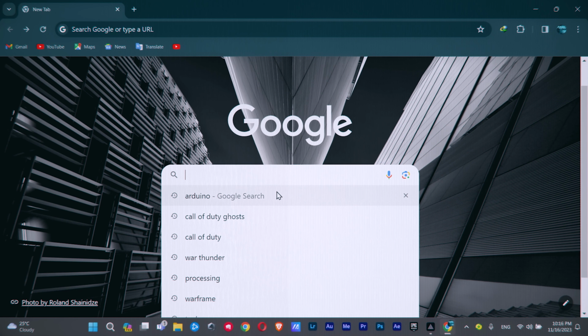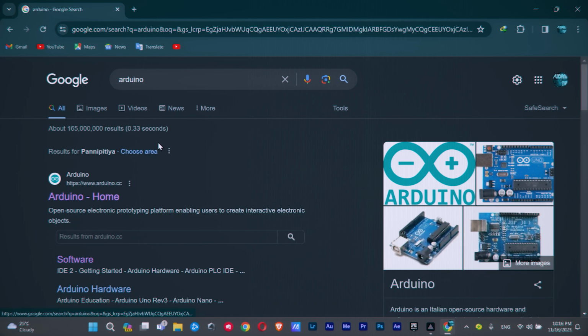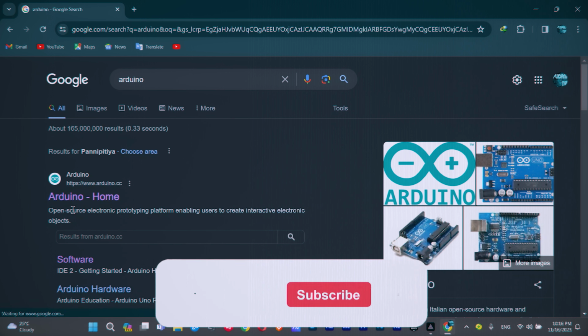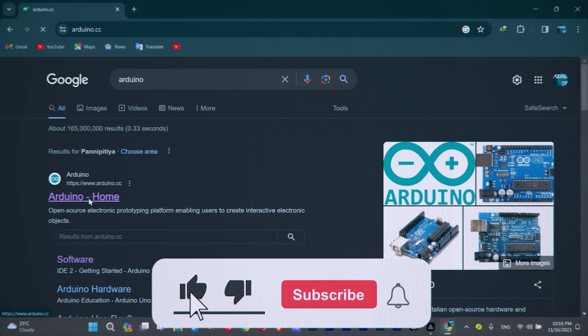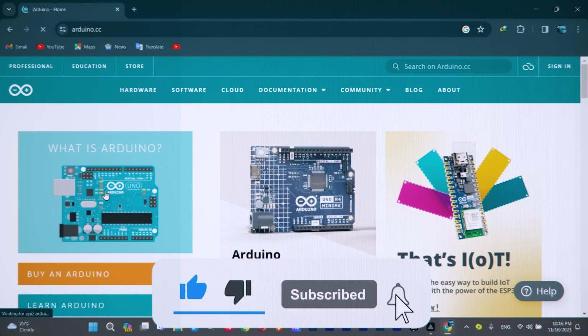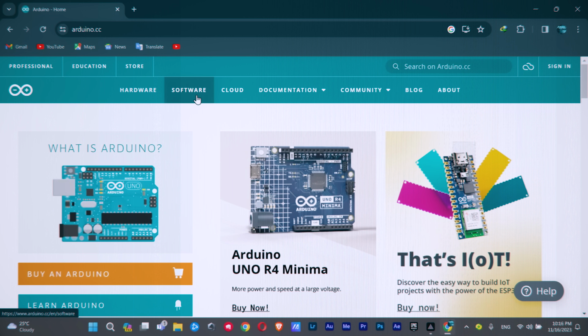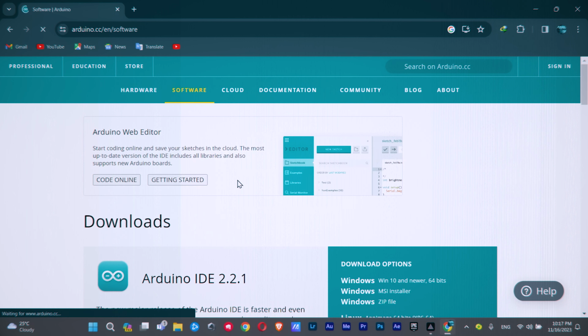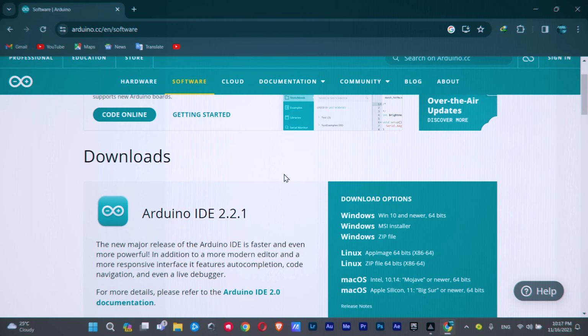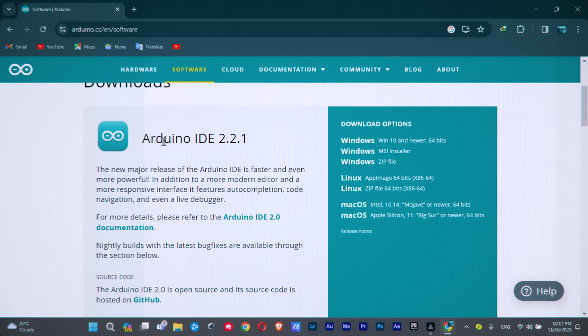First of all, we need to download Arduino IDE. So what you want to do is search for Arduino. Then you will get the Arduino home page. Click on that, and then you can go to the software tab. Click on that, and there should be a downloads option below. You will be downloading Arduino IDE